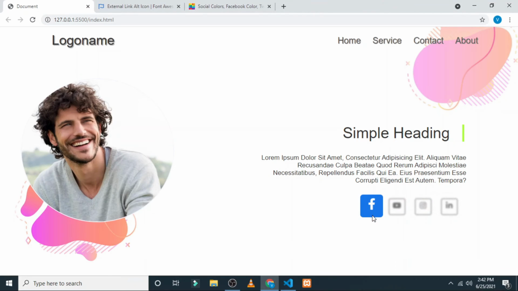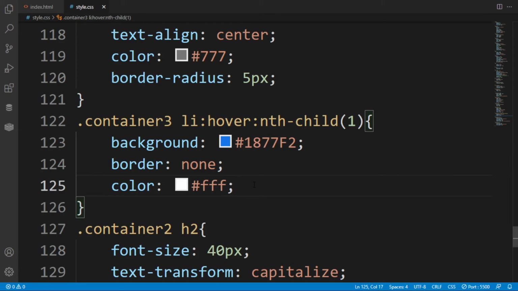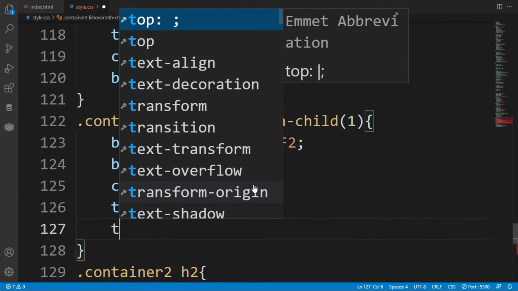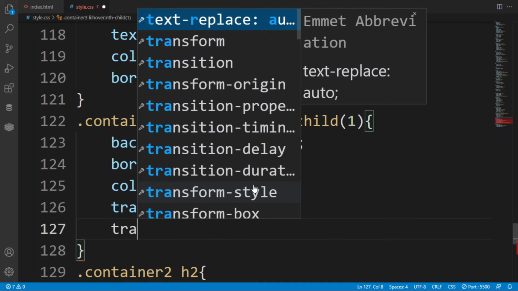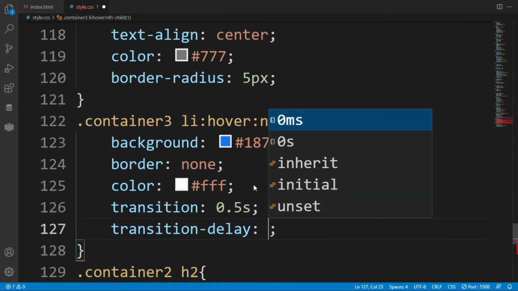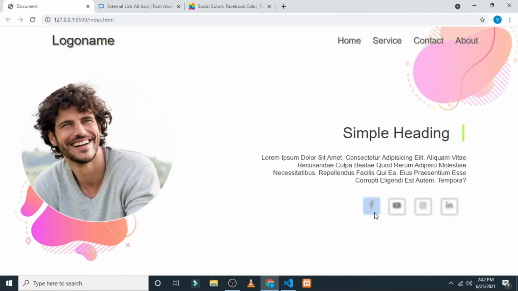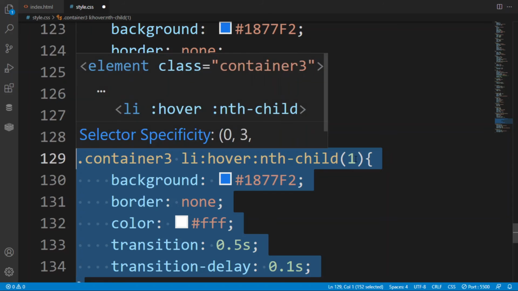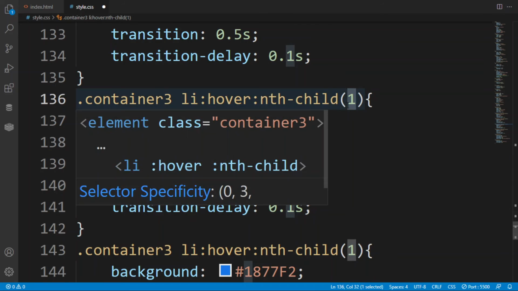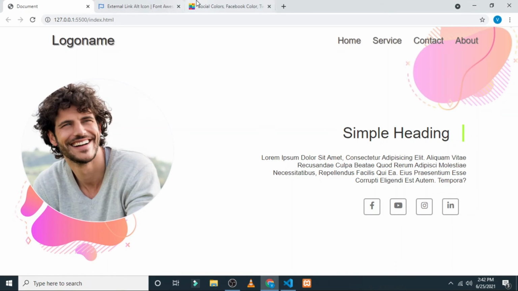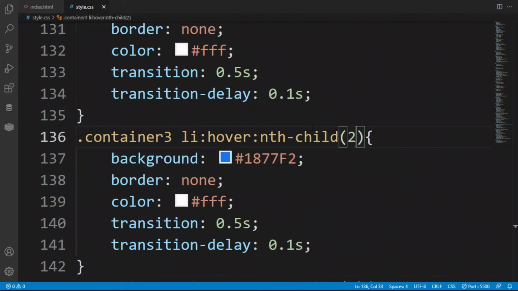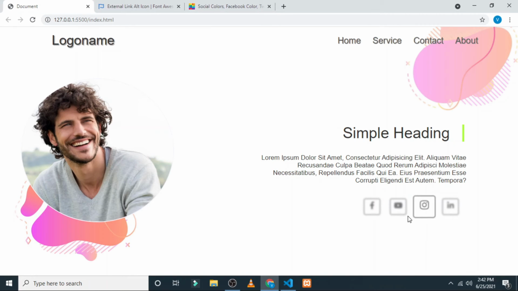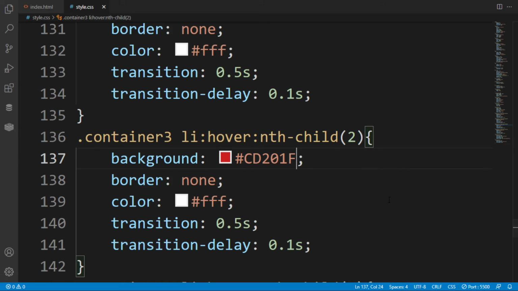After saving it, when I hover, there is a very good effect, but there is a requirement of a transition of 0.5, and here I want a text transition delay of 0.1 second, so it actually works from 0.6. Double it, triple it, or four times, because we have four list items. First, then it will go for YouTube also, then paste it. Then I love YouTube, and I love YouTube for watching my fun videos, and here Instagram.